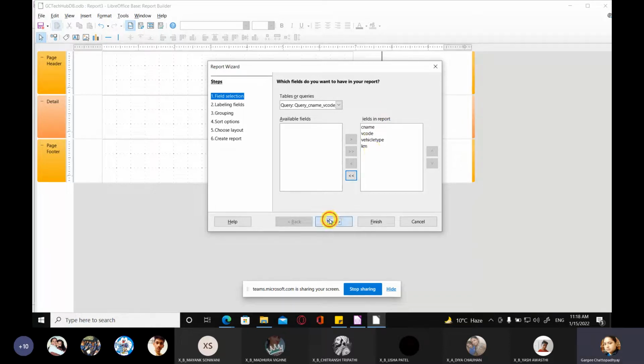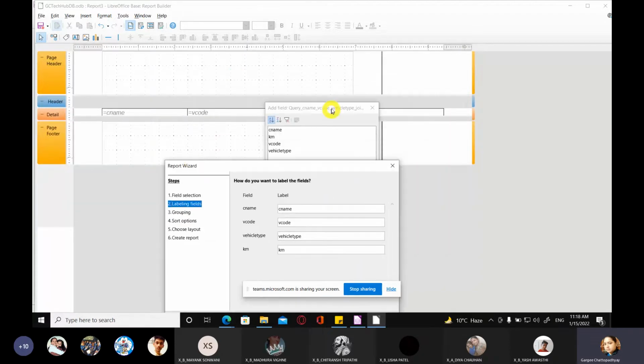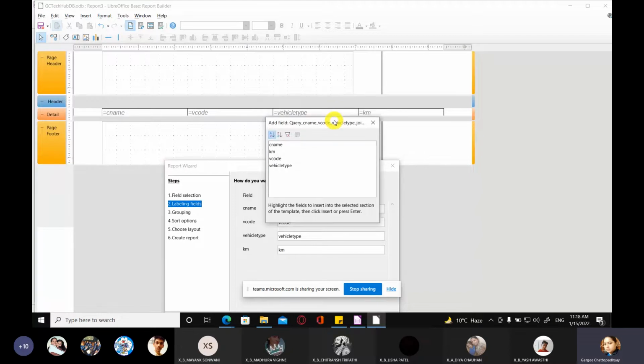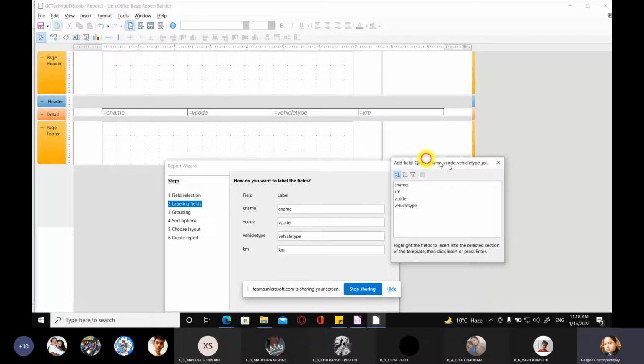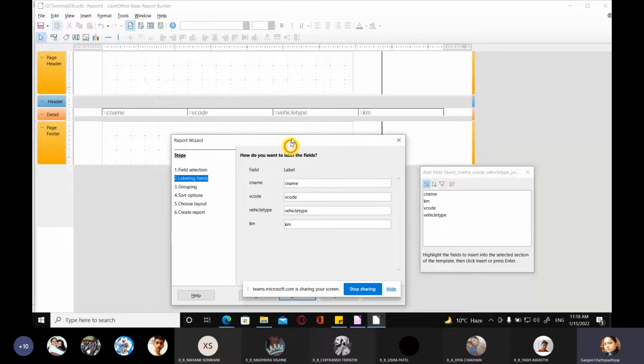We'll go to the next step now. And now you can see, at the back of it, all the field names which are appearing. Detail header. This is the header part of the detail section, and you get CNAME, V code, vehicle type, and kilometer. Four things.